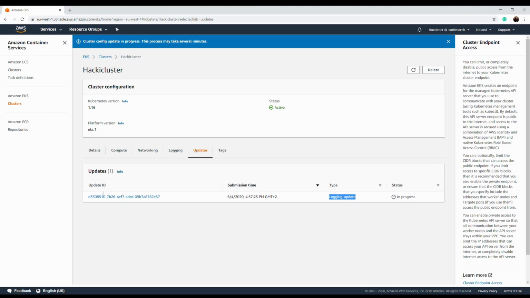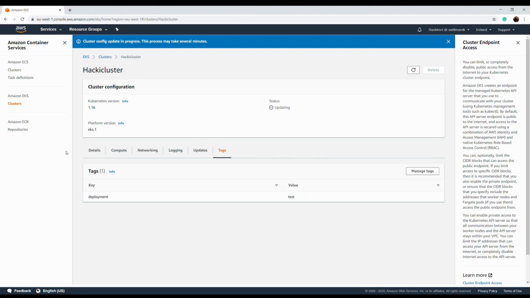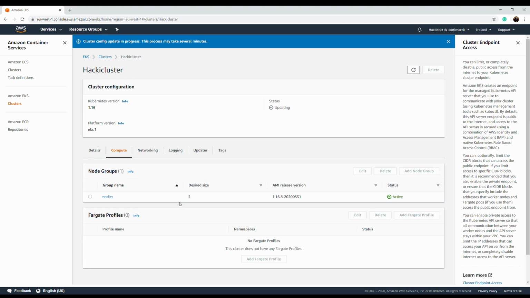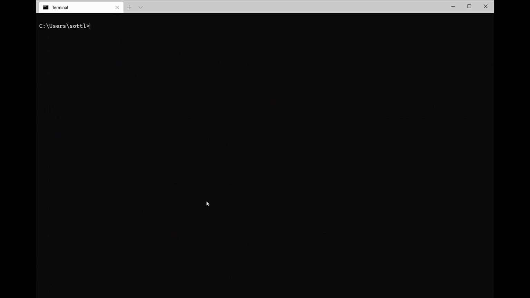Then the changes go directly to the updates, and it takes some time in progress to update your Kubernetes cluster, and you will see all the changes done to your Kubernetes cluster. And as you see, you can also manage your tags. If you don't like your tags, you can add new ones, like billing centers, a production environment, a testing environment, all of these things. In the compute section, like compute nodes, you can also check if all the nodes are created for you. So let's continue in our journey to Kubernetes deployment,